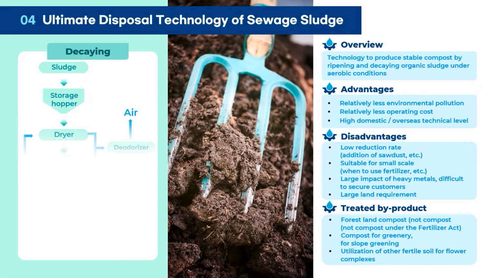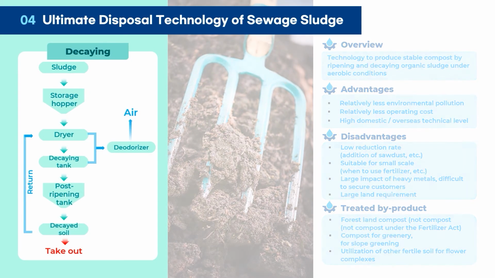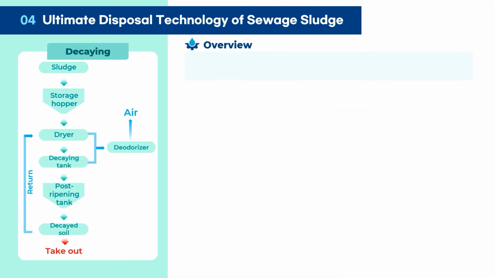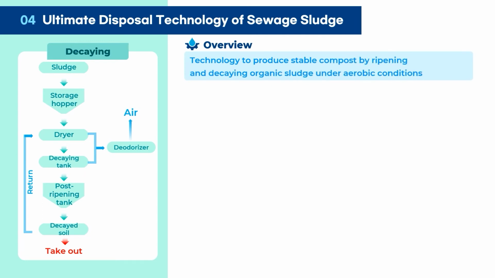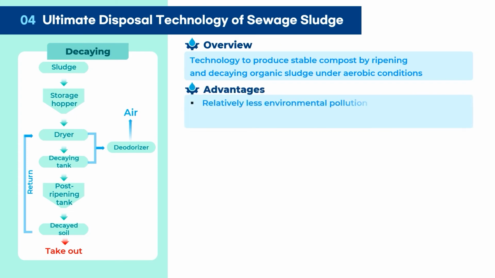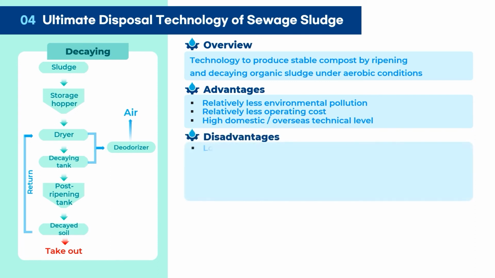Second, we have decomposition treatment. This refers to a technology in which pre- and post-fermentation under aerobic conditions is used to produce stable compost. Advantages of this method are that environmental pollution and cost are low. But it has the disadvantages that due to the addition of sawdust, its reduction rate is low, and if it